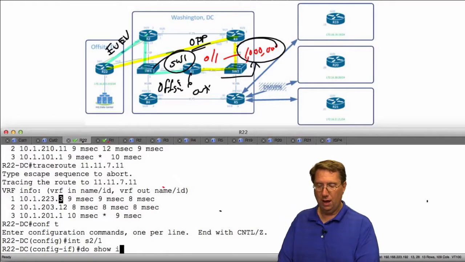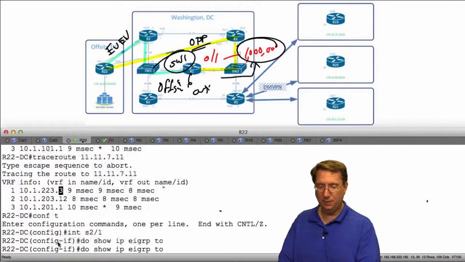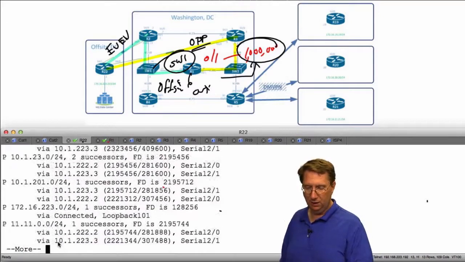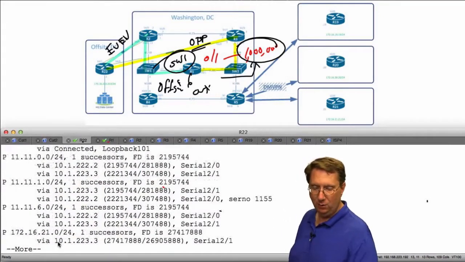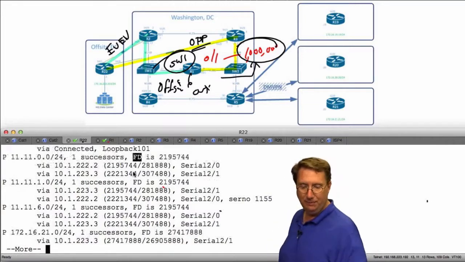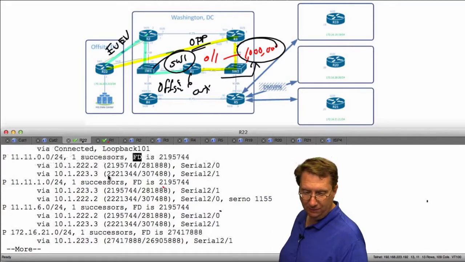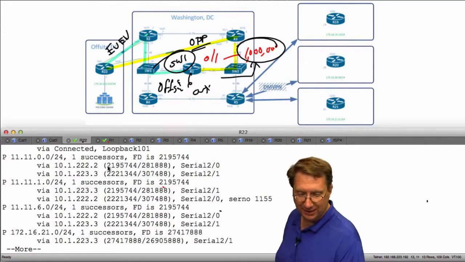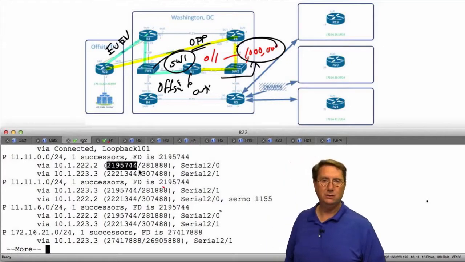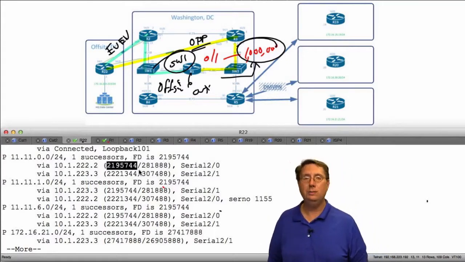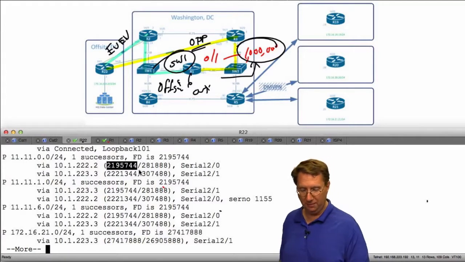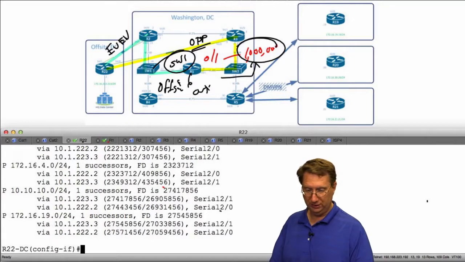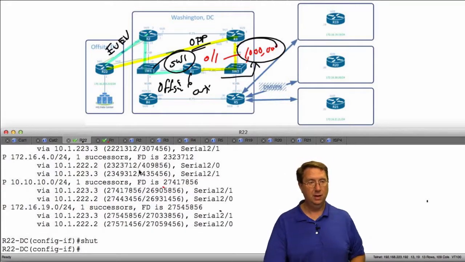Do show IP EIGRP topology table. And what are we going to see for these 11s? We're going to see that we have multiple entries. We have a single feasible distance, but keep in mind this value right here is not going to be the one that gets picked, but since the advertised distance is less than the feasible distance of the successor, we match the feasibility condition, so those prefixes are going to become available to us immediately once we bring the interface down. So I'm going to come in here, I'm going to say shut, and what we'll find